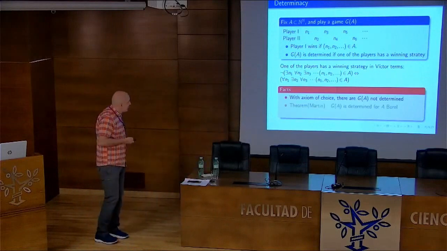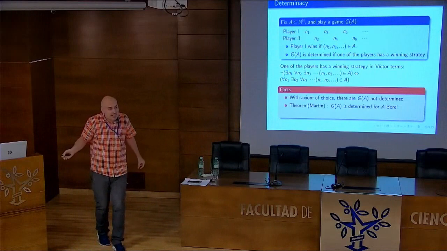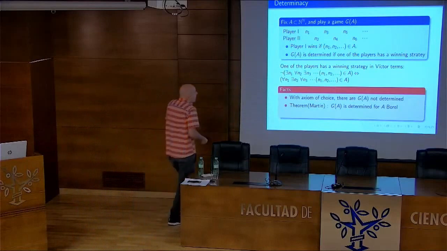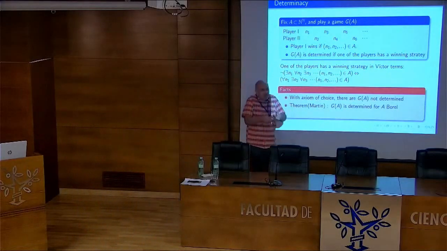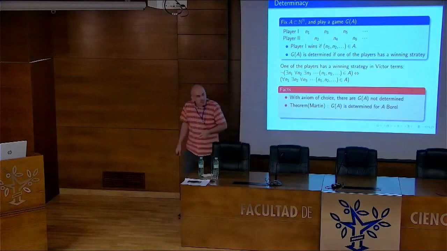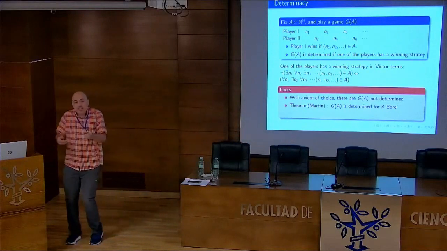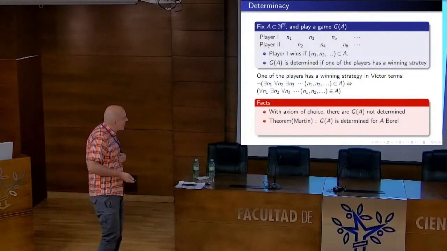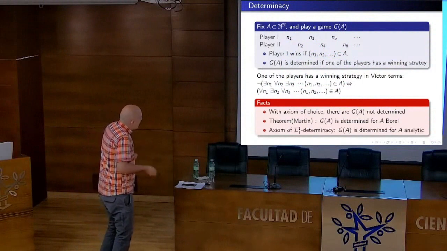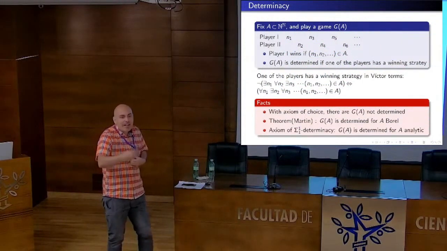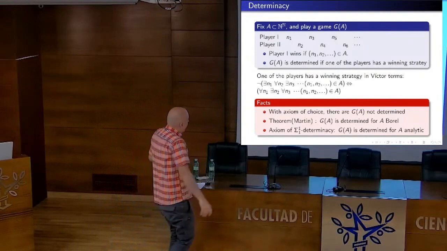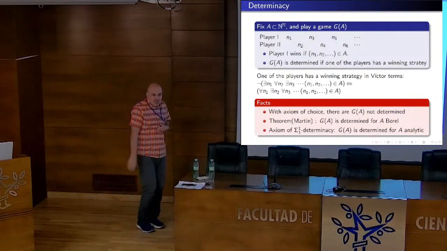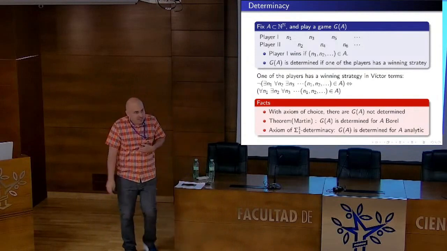On the other hand, if the set A is nice, if it is a Borel set, then there's a theorem that the game is determined. So if this A that you can view as a sentence at the end is nice, is Borel, then this works. You can operate in this way. If it's not Borel, but it's still analytic or something like that, then you don't have a theorem, but there's an axiom. It becomes something that you cannot prove from ZFC, but that the logic community accepts as something that they allow you to assume as an axiom.